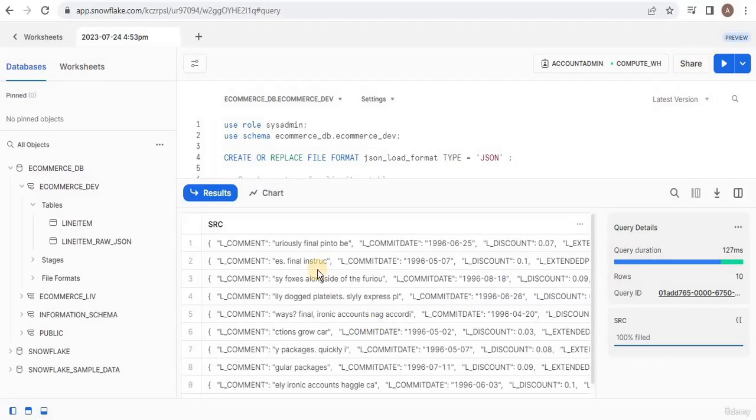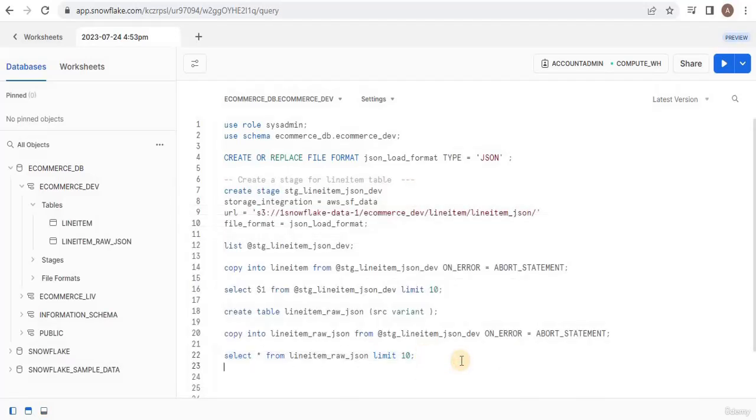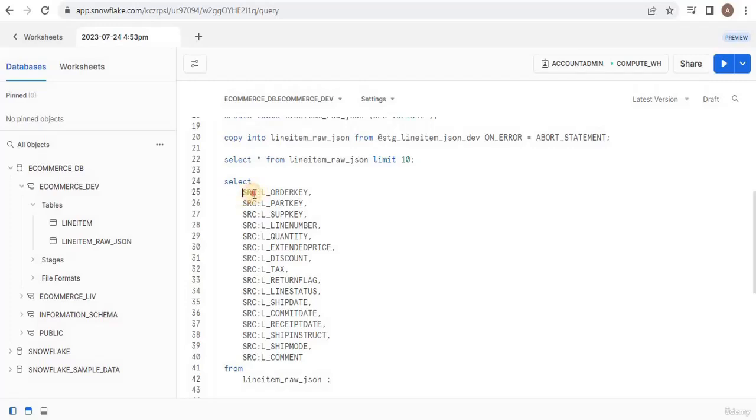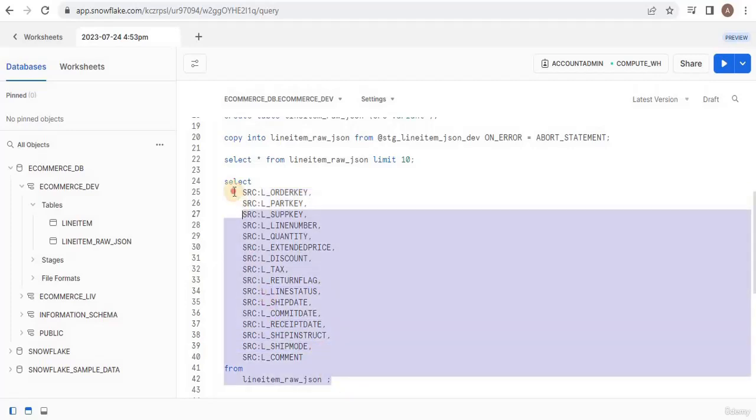We can now copy the data, transform it into the way we want, put it in a structure, and then insert it into the line item table. And to do so, I'm going to use this query here. You can refer to the key or the value of the key by using a colon in Snowflake. So SRC is the name of my column, since the table has only one column, right? So that's the name of my column, colon the name of the key, and this is being done for all of the columns which were present inside the data file in the S3 bucket. Now let's run it to see the result.